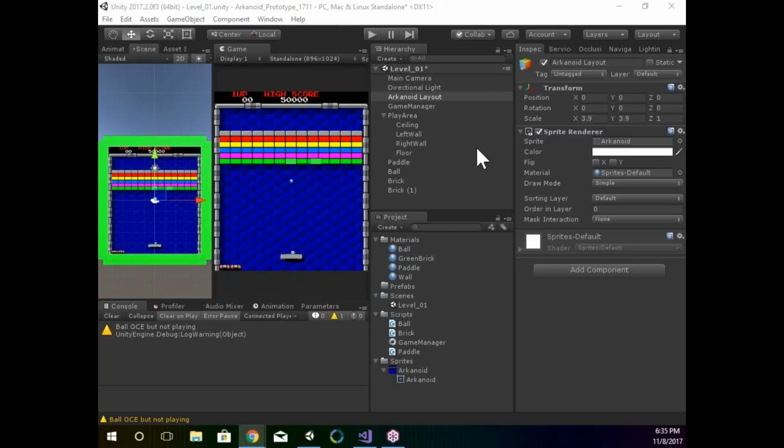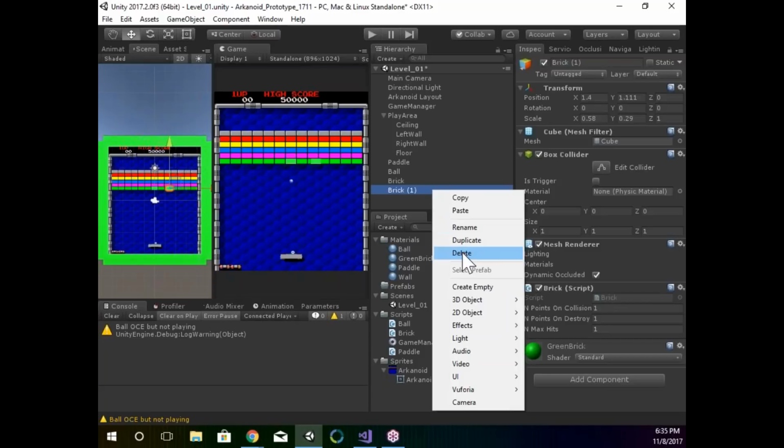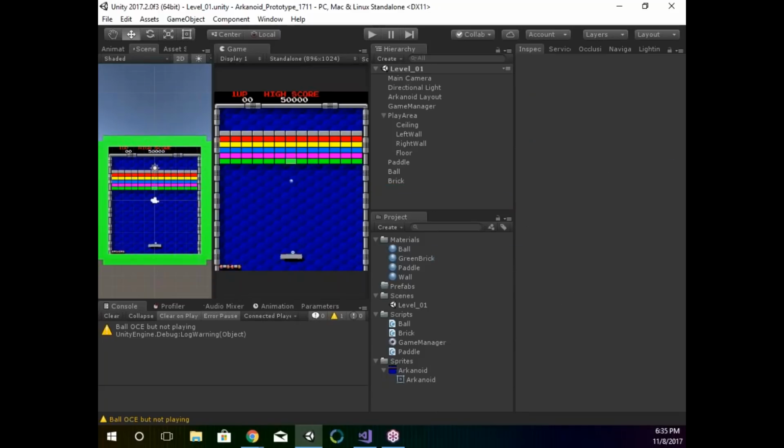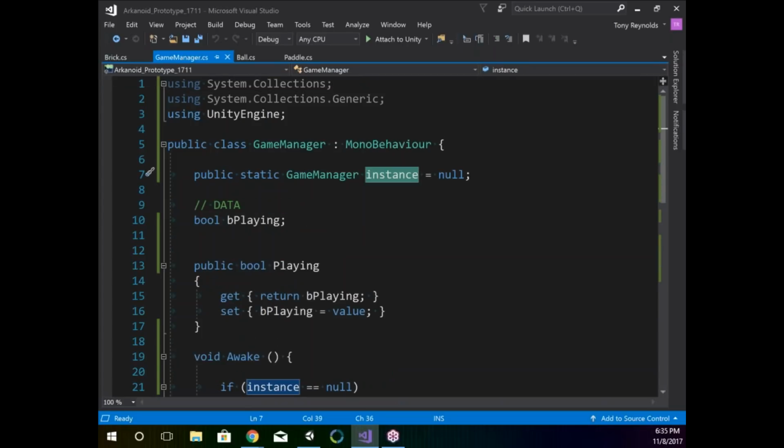So to do that, if I take a step back, actually I want to delete this brick. I don't need it anymore, this second one. Okay, save my scene, jump back to code. Now, the game manager is going to be responsible for the concept of winning and losing. So I'm going to write lose. So if I jump back over to my game manager,